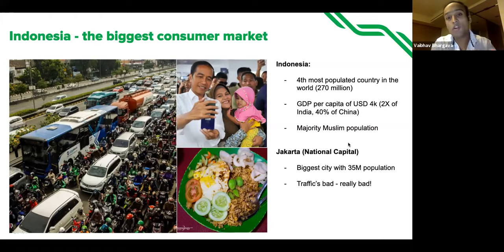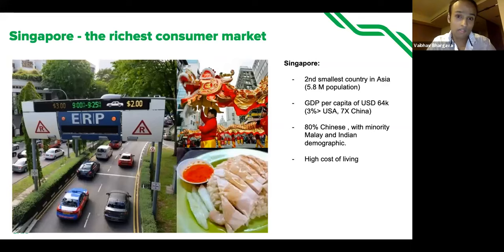And it's also important to note this particular market, which is slightly different. Singapore is actually the richest consumer market in the region. And maybe this will help you appreciate the diversity of the region a bit. It's the second smallest country, not as big as Indonesia, and its GDP per capita is greater than that of the United States and 7 times more than China. So it's about 80% Chinese, slightly different in demographic than Indonesia, as we spoke about, and it's got high cost